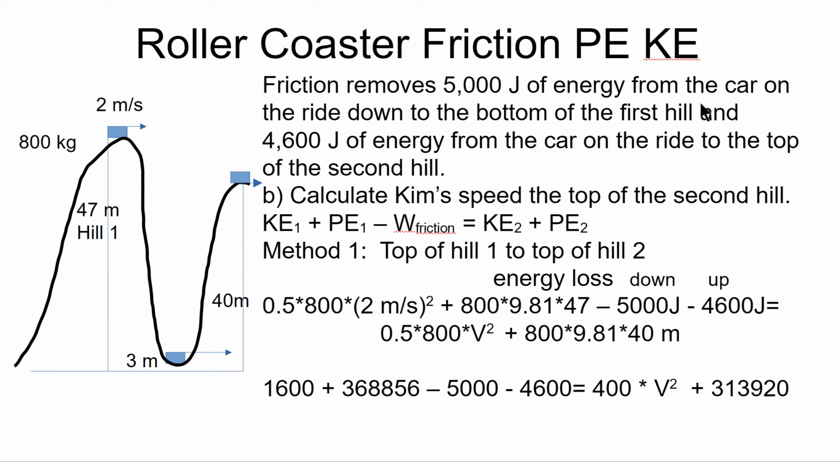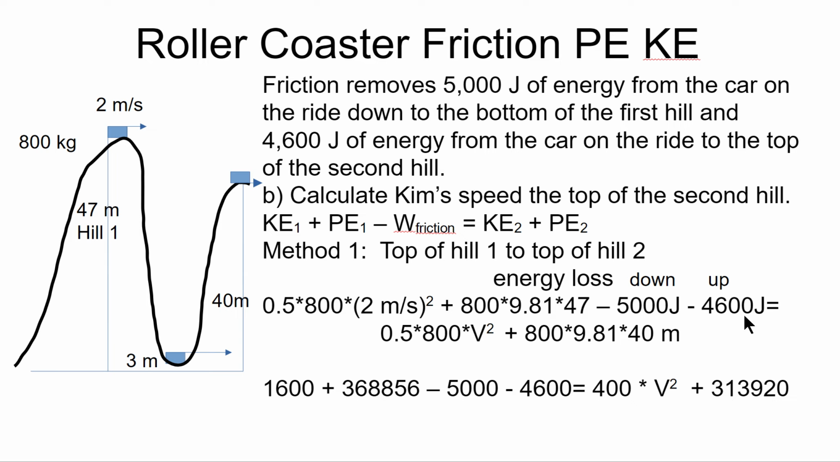So just repeating some information here. And again, in our sketch, now I'm going to do the first method here using the top of hill number 1 as location 1 and the top of hill number 2 as location 2. That'll be the first method that I do the calculation for. So again, we see 1/2 mv squared plus mgh at the top of hill 1. We're losing 5,000 joules to the bottom, but our location 2 is at the top of the second hill, so